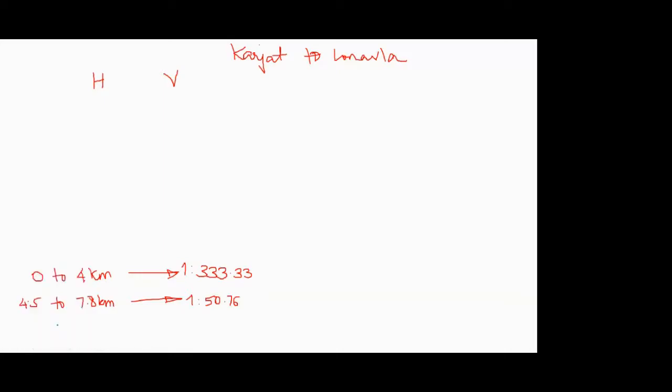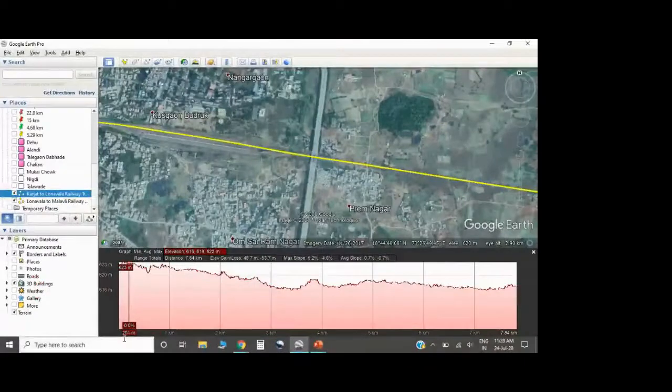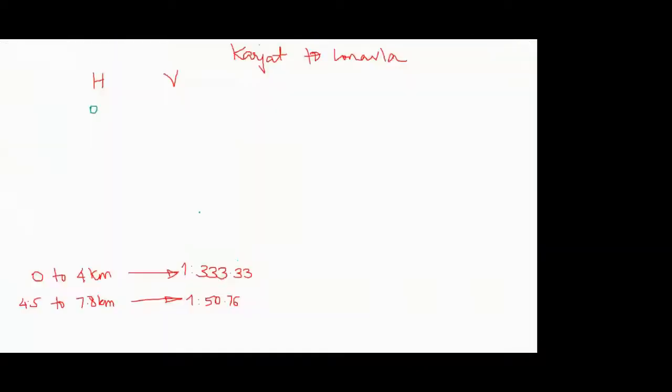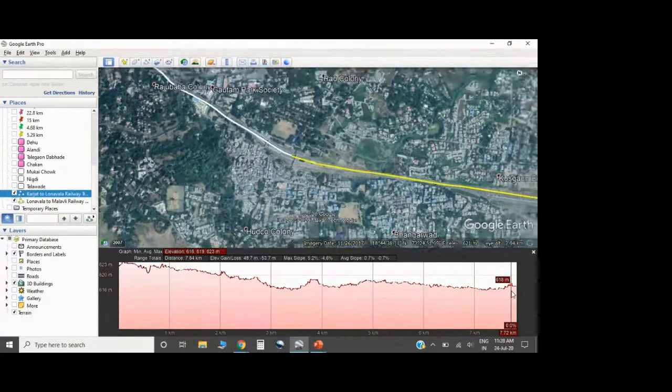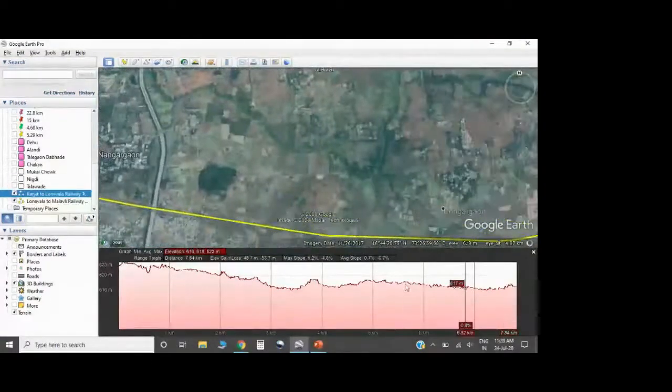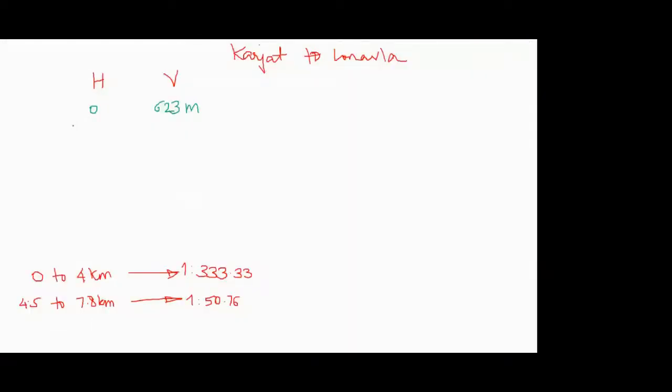I'll just use a different color so that we are calculating it for a different section. So for 0, it's 623 meter. And if I see the end point up to Malavali, it is 618 at 7.72 kilometer.